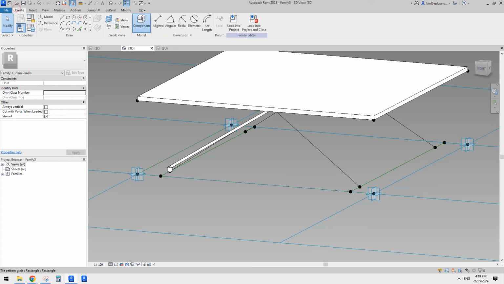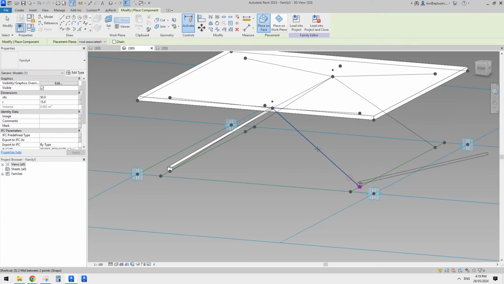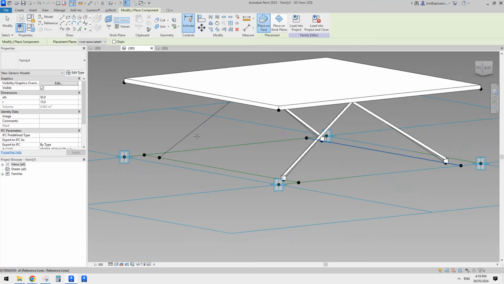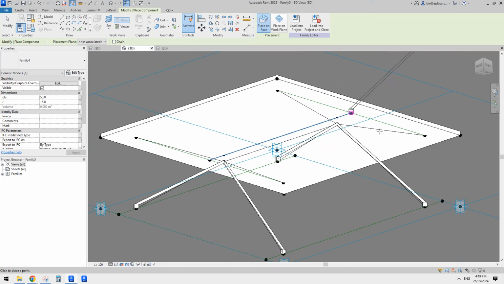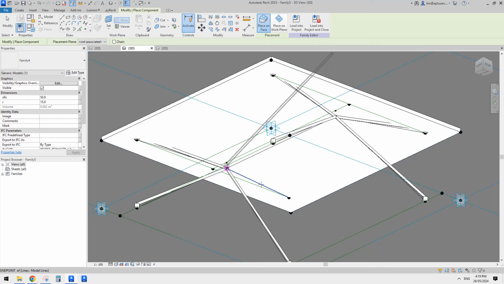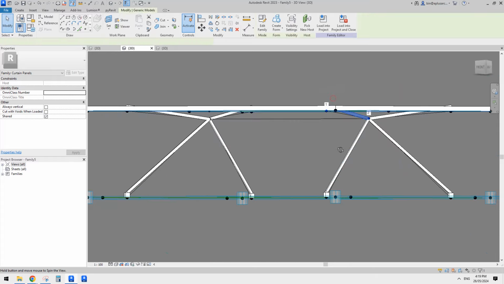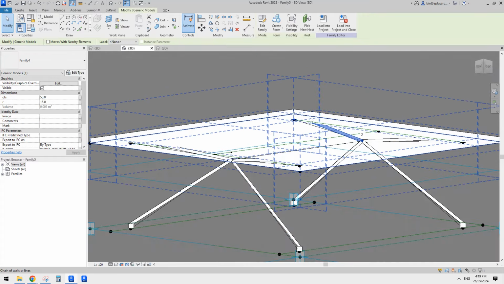So let's quickly do another one. SE this SE tab, SE this SE tab, SE here and SE tab. SE here tab and another one. SE tab, SE and SE tab, SE and SE tab. Okay, so and also I'm going to, so you can see this one's not right because the offset is